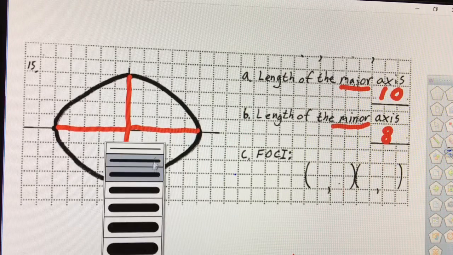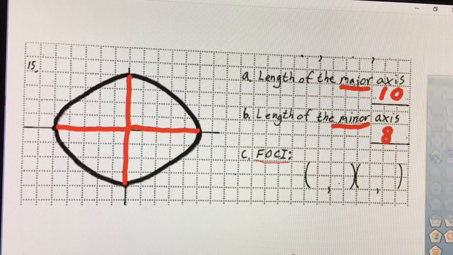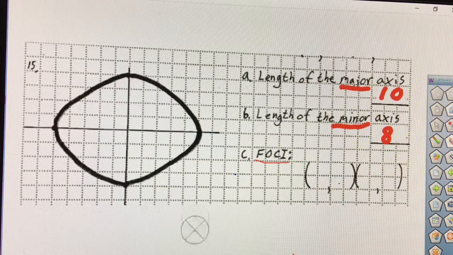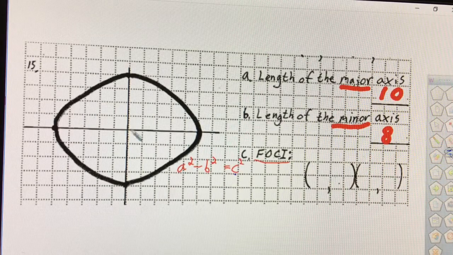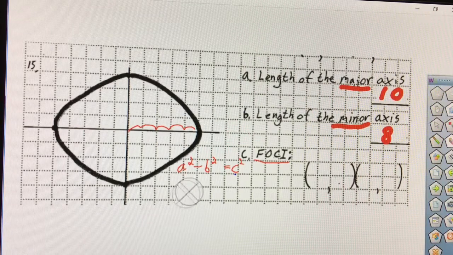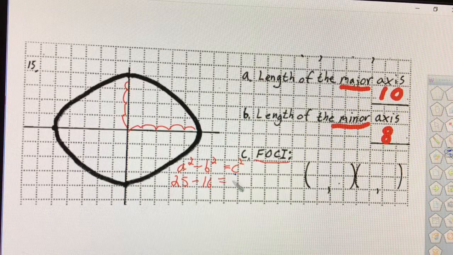And now I want to find this thing called the focus. Or both of them, foci or foci. It's pronounced either way. And that has a formula, a squared minus b squared is equal to c squared. And a is this length along the major axis, which is 5, but 5 squared is going to give me 25. So I might as well just write 25 there. Minus b squared, that's 1, 2, 3, 4. So 4 squared would give me 16, and that's going to give me c squared. Well, 25 minus